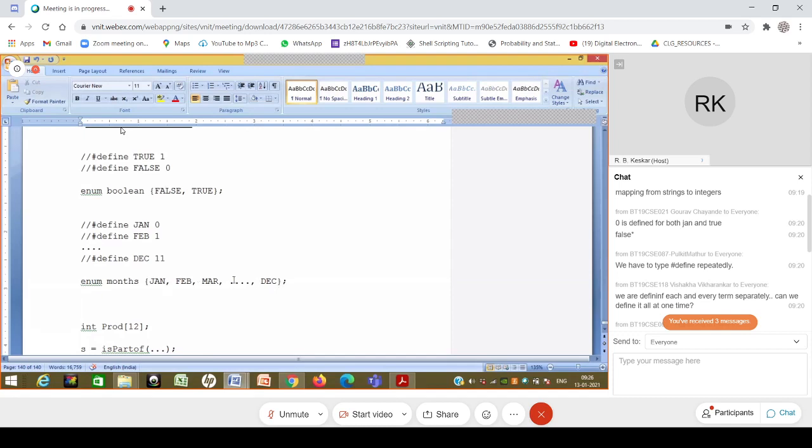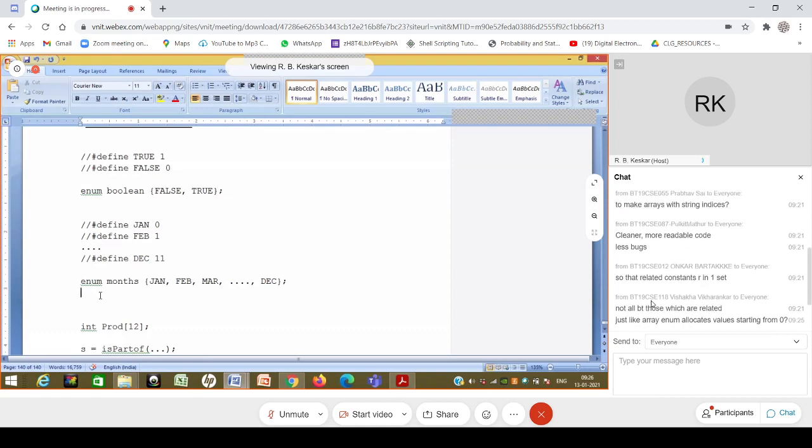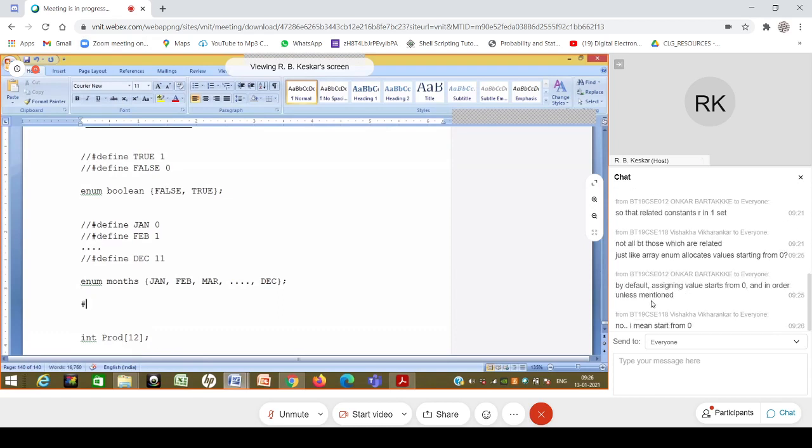Now, someone might say, and Onkar was very correct when he said, unless it is mentioned or changed. But this change is also possible. For example, tomorrow, let's say this is not what I want. I have some other things with me. Let's say hash define.